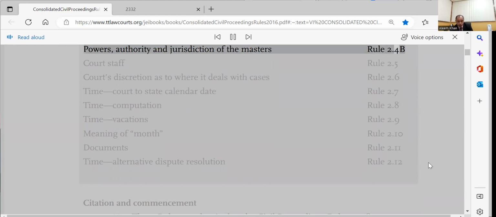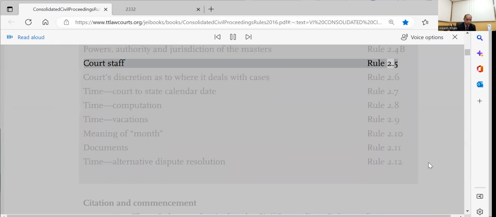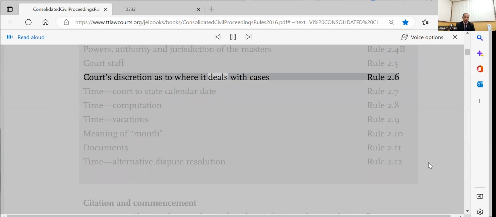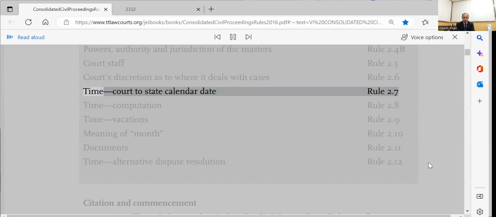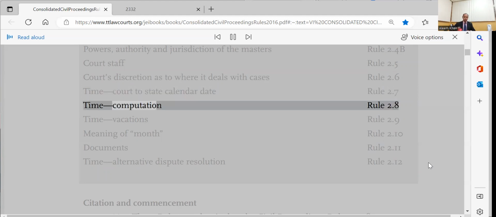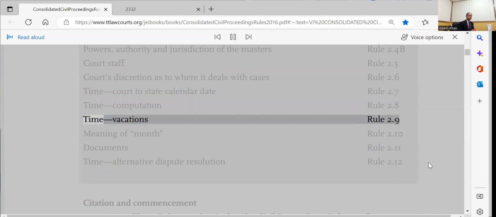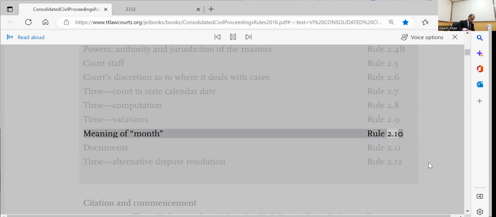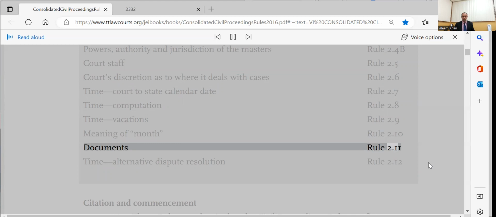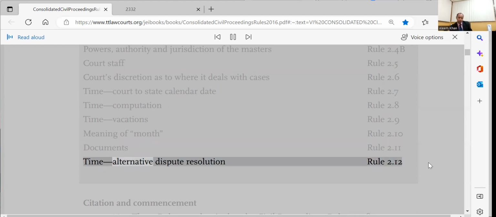Rule 2.4b Court staff. Rule 2.5 Court's discretion as to where it deals with cases. Rule 2.6 Time, court to state calendar date. Rule 2.7 Time, computation. Rule 2.8 Time, vacations. Rule 2.9 Meaning of month. Rule 2.10 Documents. Rule 2.11 Time, alternative dispute resolution. Rule 2.12